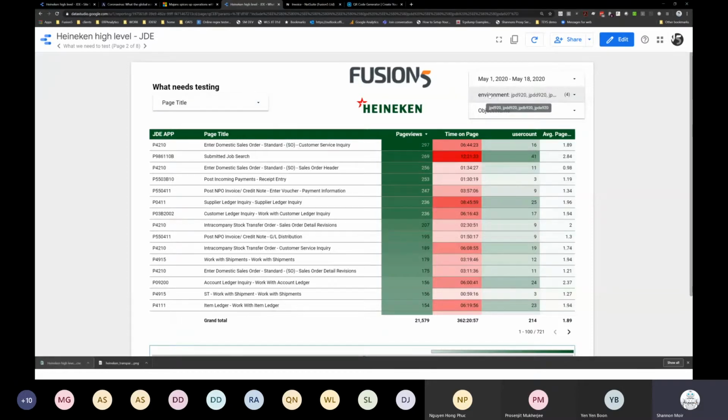a report level filter. So this report has remembered that I'm only looking at production, and I'm looking from May 1 to May 18. This shows me all the applications that have been run in production during that time. Now you'll see that P4210 comes up twice. Now that comes up because it's different forms, okay? So see how the page title is different, and I'll show you how to view the individual form and version information as well. But what we can see here is this particular page title, so the customer service level inquiries,